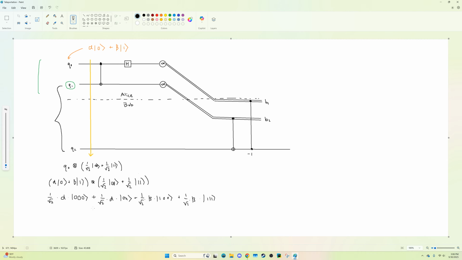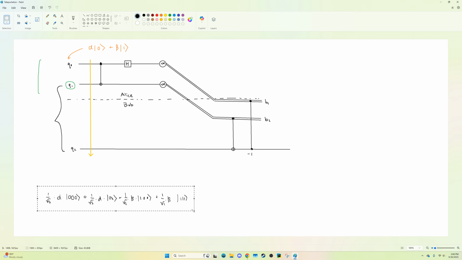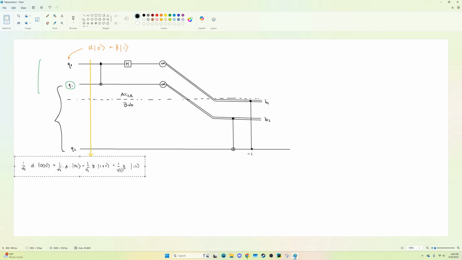Okay, so this is the entire state of the circuit prior to applying any actual gates or C naughts or anything. So I'm going to concisely keep this so that we can reference it later. Okay, and now after the first C naught, what happens is, after the C naught at this stage of the circuit,